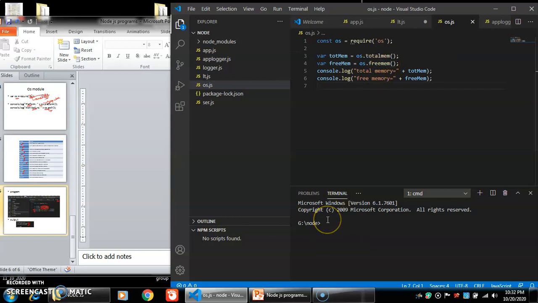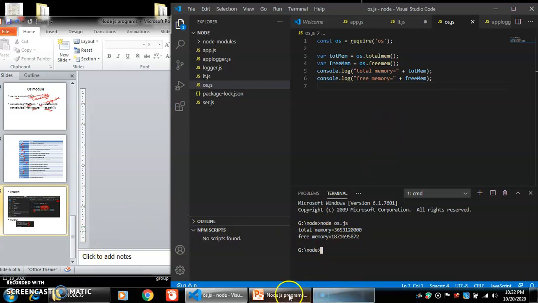When I'm running this program, I run node space, my program saved in OS, so it is os.js, then press enter. Now I obtain the total memory space and free memory space.